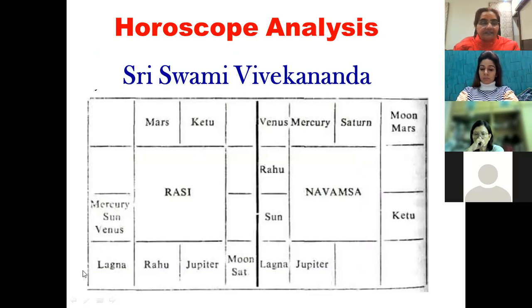Now, if you see, Lagna is here and even in Navamsa, Lagna is here. So in both cases, it is number 9, Sagittarius. I hope you remember last time we discussed that this is Aries, number 1, then this is 3, 6, 9, 12 signs. This way we can learn easily. It is not so easy, let me tell you. For so many days we have been doing the North Indian chart, and now if I expect you to learn the South Indian chart, it's not so easy. Take your time.